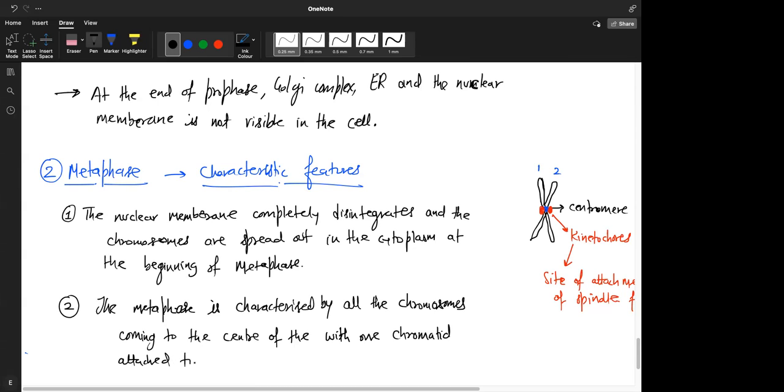So there are 2 sister chromatids. One chromatid attached to spindle fiber from one pole,